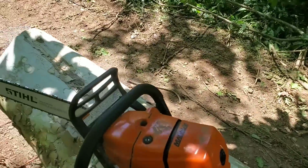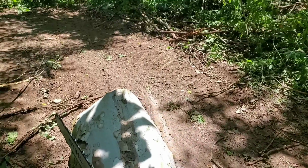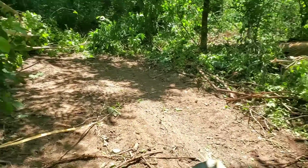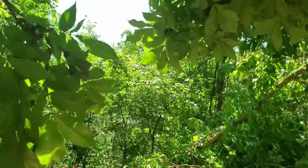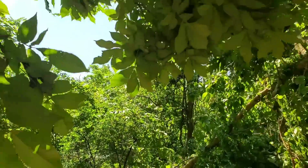These sycamores still got a little lint on the leaves, and when them things fall, that stuff gets in the air and just chokes you to death. You get to coughing and gagging, and about to get the best of me. That's got everything on this side over here. We just got those sycamore cut, and you can see a big opening in the canopy now for this younger